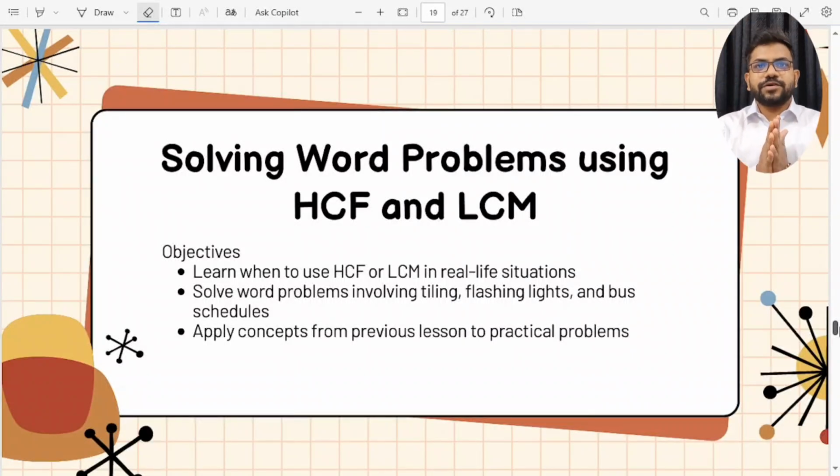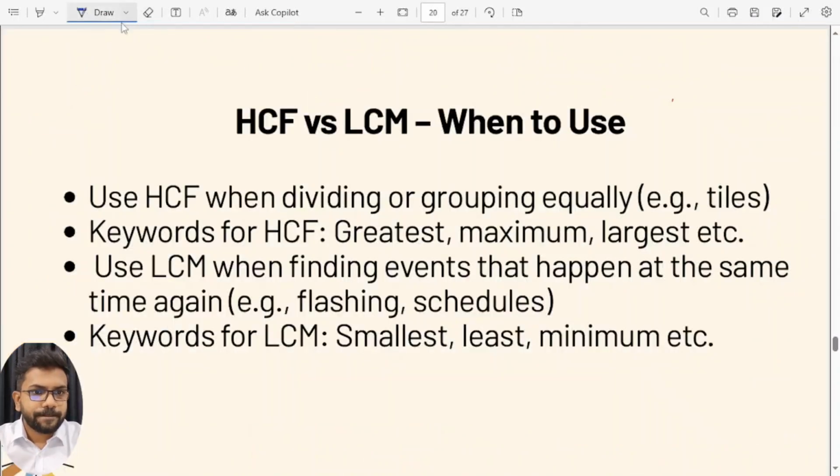All right, let's learn about how to solve word problems using LCM and HCF. We'll be learning when to use LCM and HCF, and we'll apply the concepts from the previous lesson to some practical problems. To begin with, we use HCF when dividing or grouping something equally. Okay, for example, if you have a rectangular shaped tile that you want to divide into squares, you'd be using